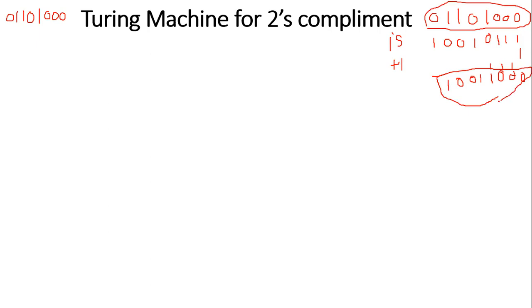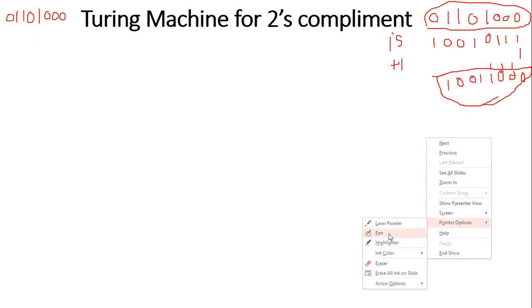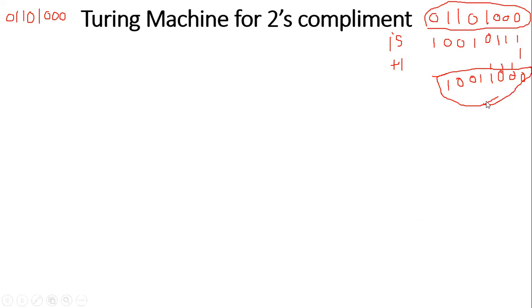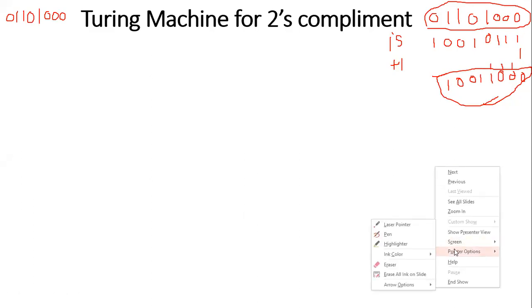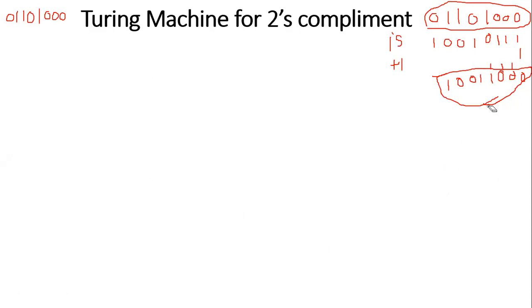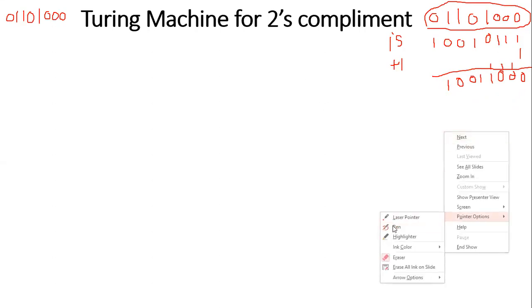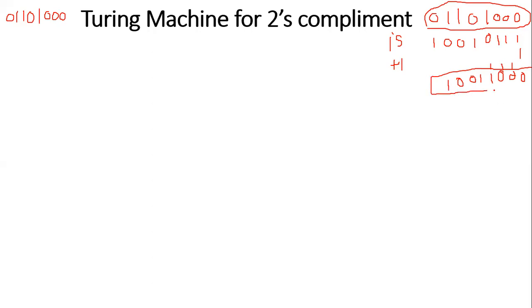If you observe these two, you can find some similarities between them. Can you find what the similarities are? You can understand a pattern if you observe the input and output. This is from right to left: if we encounter 1, then we have to change all the values, 0s to 1s and 1s to 0s, except that 1. Exactly. So that is actually the answer.